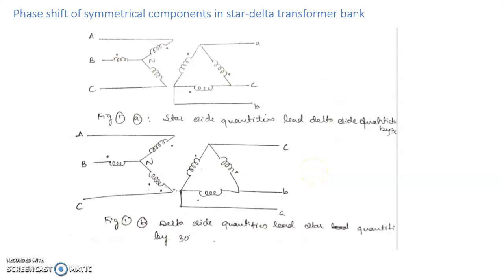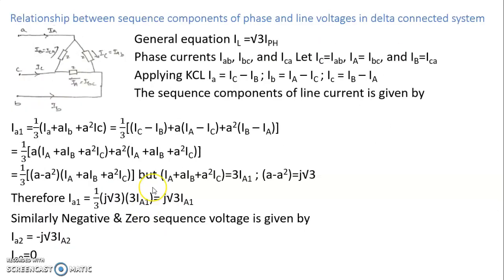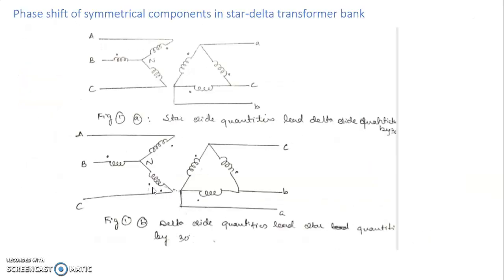Hello students. In the previous videos we have discussed two important derivations, that is, expression of phase voltages in terms of symmetrical components and vice versa. The next two derivations we have done are not so important, but we discussed the relationship between the phase and line voltage in a star system, and phase and line current in a delta system. We have observed a j root 3 times relationship, and we also discussed problems. We got minus j root 3 and j root 3 times relationships in the current as well as in the voltage, and these problems we have discussed.